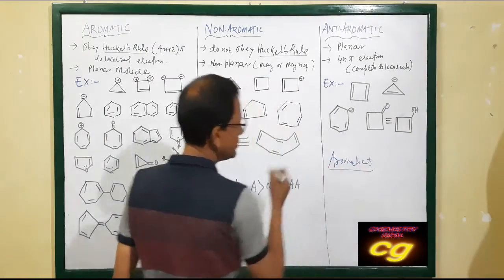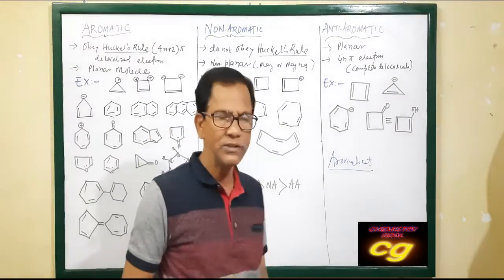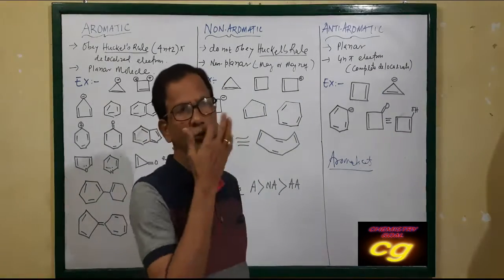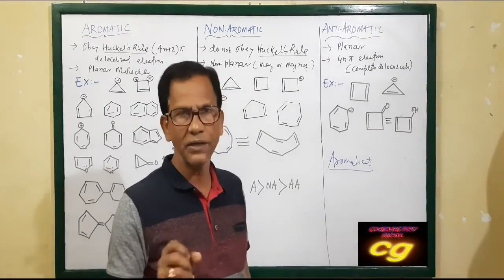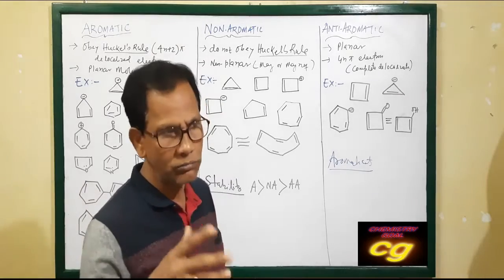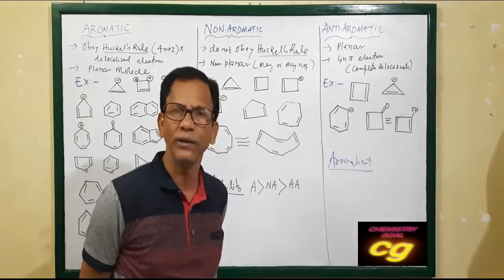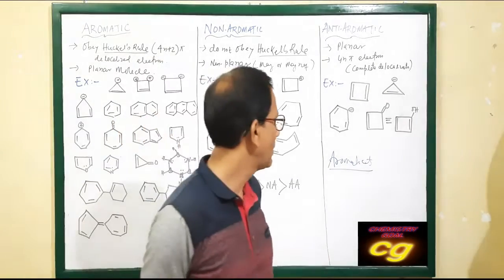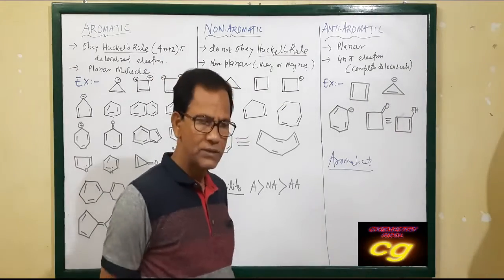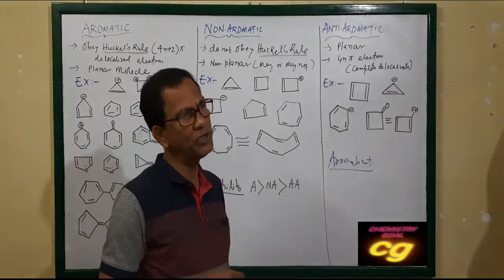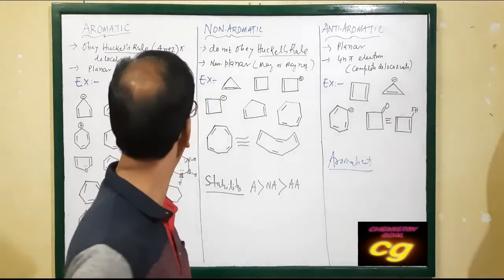Aromaticity is the property of aromatic compounds. Generally, aromatic compounds have some common properties. They are planar in shape, they have low enthalpy of combustion and low enthalpy of hydrogenation, and when they burn, they produce a sooty flame. So these are some important properties of aromatic compounds. But one important characteristic of aromaticity is that they obey Huckel's rule.